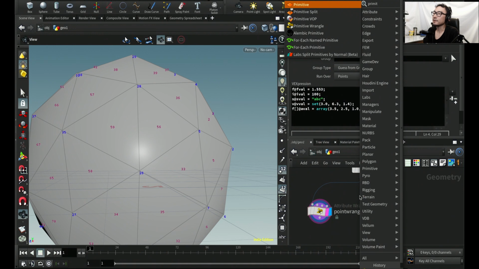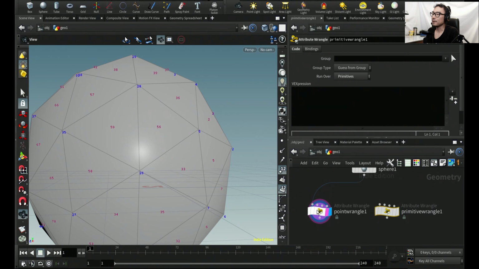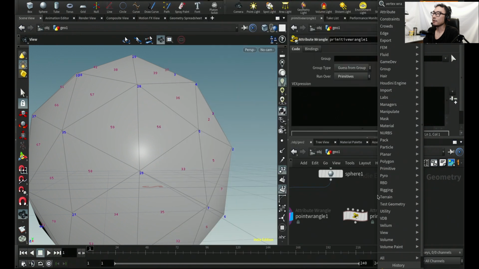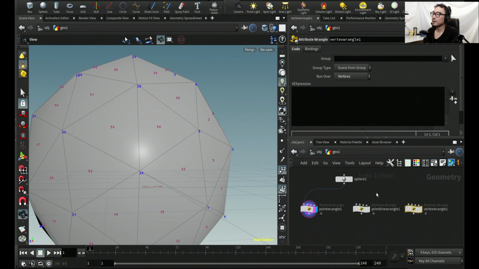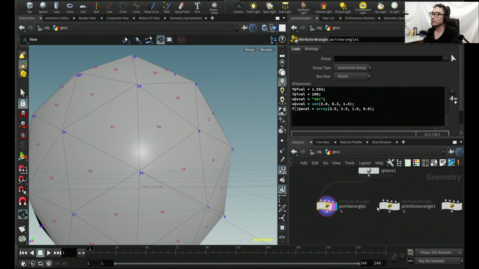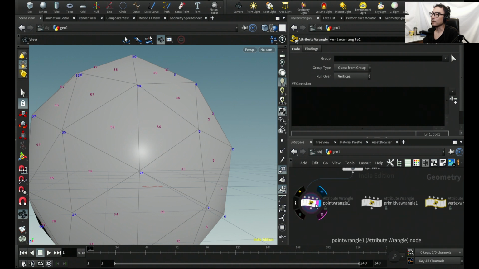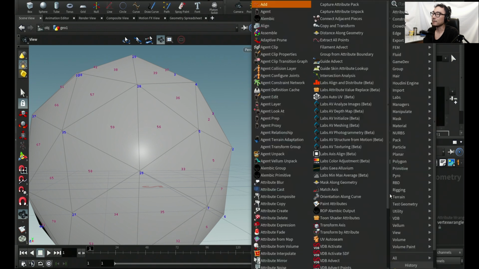Another way to access different types of attributes is by using a different node. Like if you want to access the primitive attribute, then you use primitive wrangle, and it is basically the same as this point wrangle, the only difference is that the run over parameter is different. It is set as primitive as the initial value, and that's the only difference between this point wrangle and primitive wrangle. You also have vertex wrangle, where run over is set as vertex as the initial value. Unfortunately, there is no detail wrangle, so if you want to use a detail run over, then you have to place one of the wrangles right here: point wrangle, primitive wrangle, vertex wrangle, or maybe attribute wrangle,